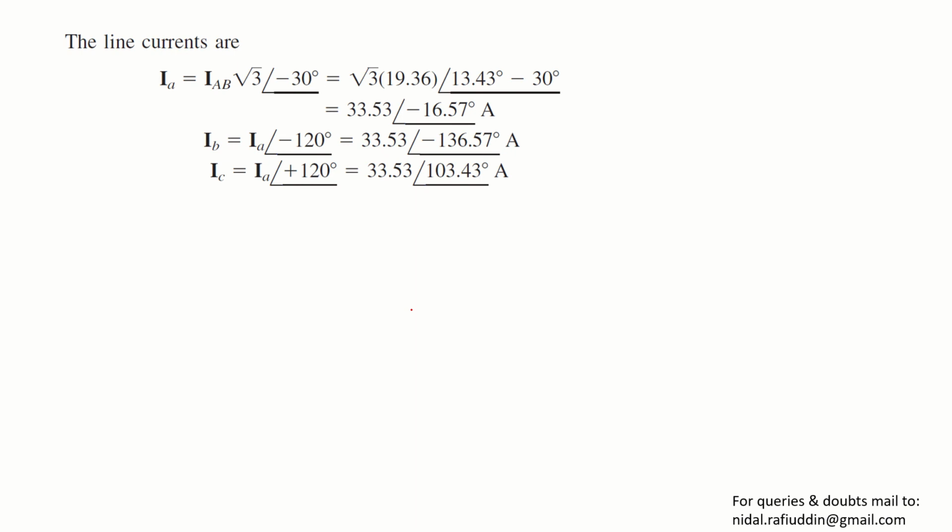तो देखा नहीं आप लोगों ने? डेल्टा का एनालिसिस मैंने आप लोगों से खुद करने के लिए कहा था। तो चलिए बहरहाल, जो लाइन करंट है डेल्टा के केस में, दैट विल बी 30 डिग्री लैगिंग द फेज वोल्टेज। तो आई ए बी मल्टीप्लाइड बाई √3 एंड एंगल -30। आई ए बी की वैल्यू आपने निकाली हुई थी 19.36, एंगल 13.43। तो इवेल्यूएट कर लीजिएगा, ये आई ए मिल जाएगा 33.53, एंगल -16.57।